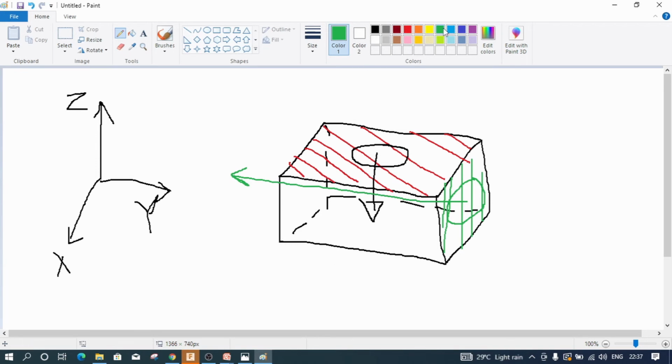Similarly, if I select this particular face and try to draw a square like this, then I will be able to create a square hole. The hole need not always be circular, it can be square also, or any other shape. So in that way, you will be able to develop 3D objects using Fusion 360. Not just Fusion 360, in any 3D CAD software this is the kind of approach you will be using for developing models.